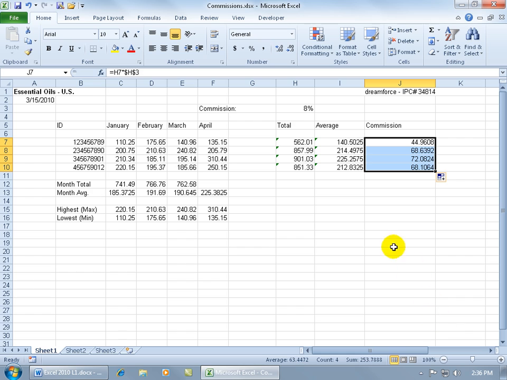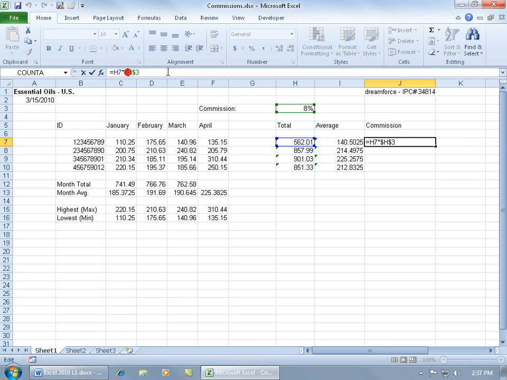which would save you tons of time as opposed to clicking the autofill handle and dragging and dragging and dragging. Well, you may be wondering why did I put constants or absolute references in front of both the column and the row when it's only the row that's being updated. Well, good point. Let me go ahead and select the 3 cells, delete them, go back to the first one. If I come up here and I go ahead and delete the dollars and hit the backspace key to delete the dollar sign for H,